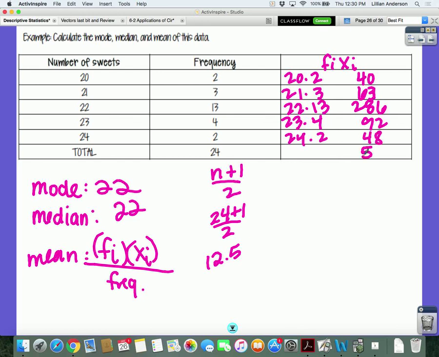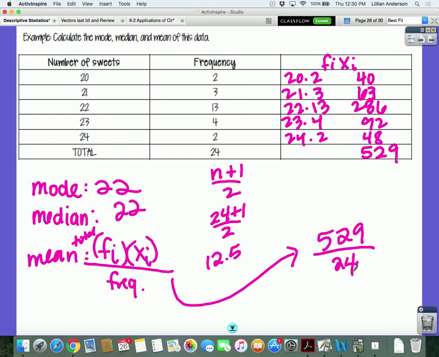We're going to add all those up to get 529. So this numerator is the total, 529, and we're gonna divide that by our total frequency, which is 24. And when we do that, we get a mean of 22.0 using three significant figures. Now I know you're like, well, are the mode and the mean and the median all gonna be the same when you do these? No, they're not. But you gotta go through the math to determine if that's the case. Okay? So you're gonna do the next three problems for your homework and be ready